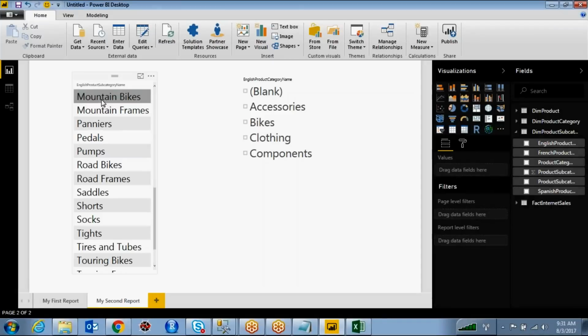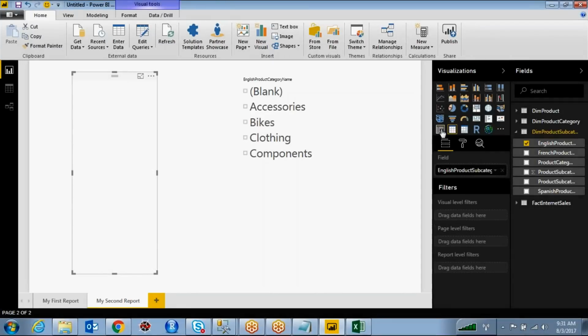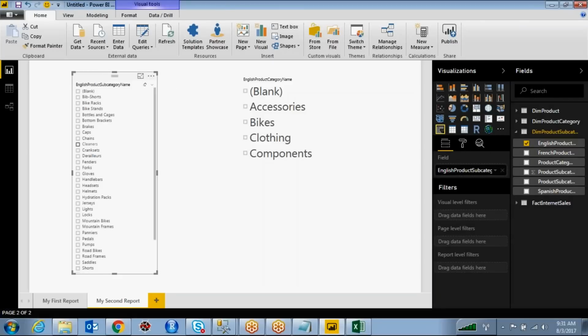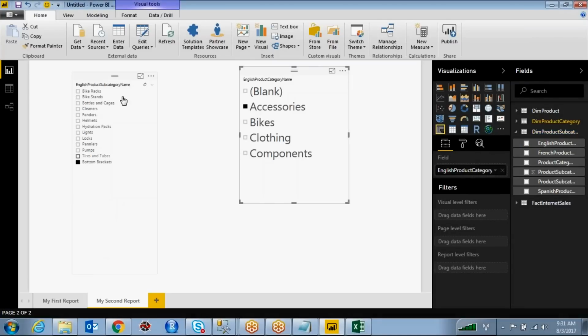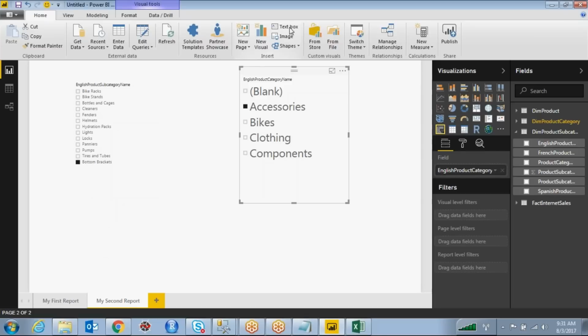Now if I'm clicking on these mountain bikes, is it a slicer? Right. This is a slicer. If I am clicking on any of the bottom brackets, it is not filtering the category. Yeah. But if I am selecting accessories, it is filtering this data. The reason is we are making the filtering in a single direction only.